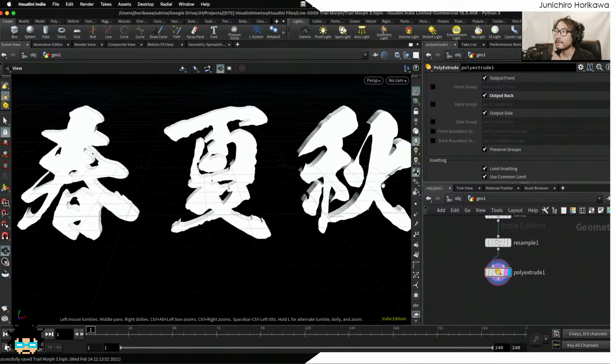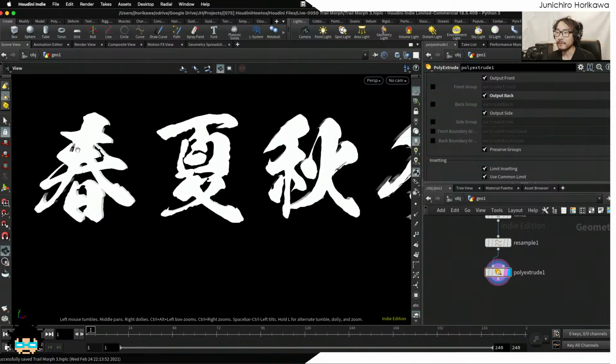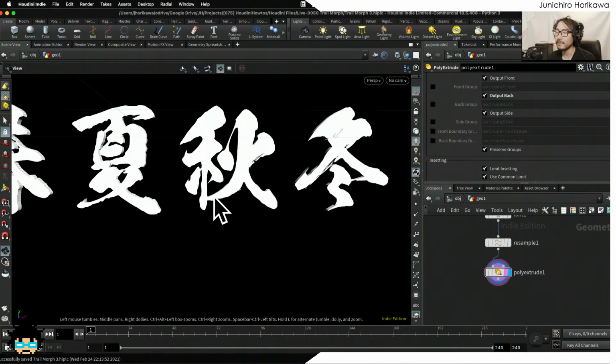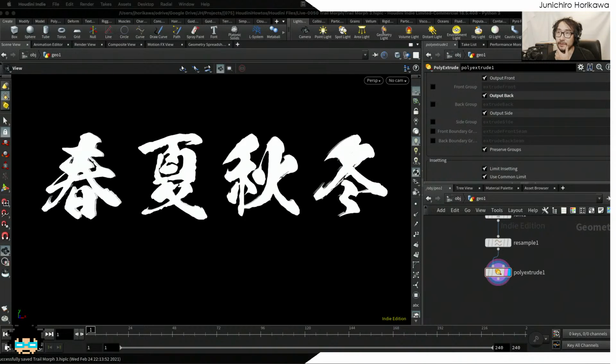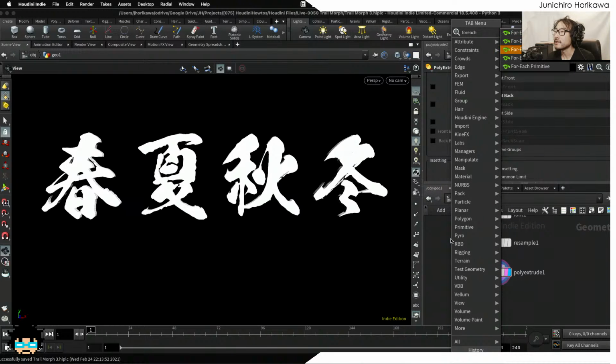Now, what I would like to do first is to create a contour for each of the letters, or for each of the characters. The same number of contours for each of the characters. The reason is so that if you move from one character to another, you can directly go to the next contour from one to another. So that's what I would like to do, and to do that I'm going to use a for each loop to create a contour one by one, using for each named primitive,